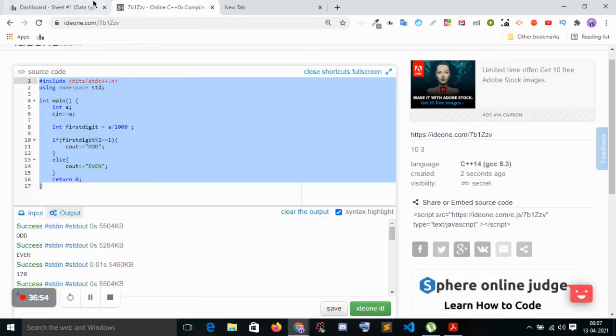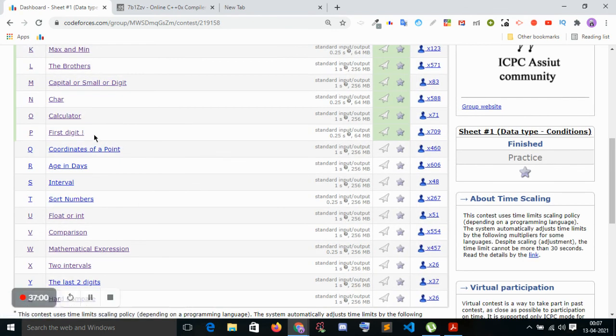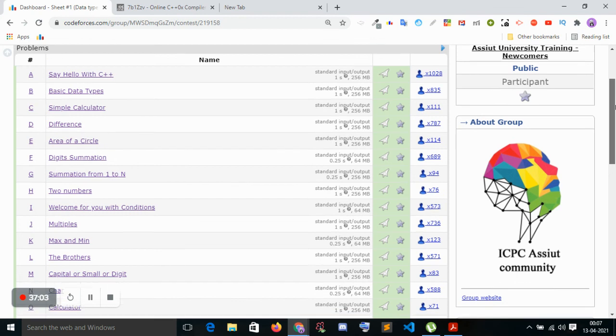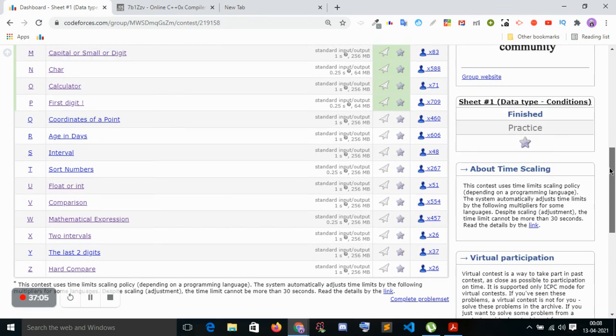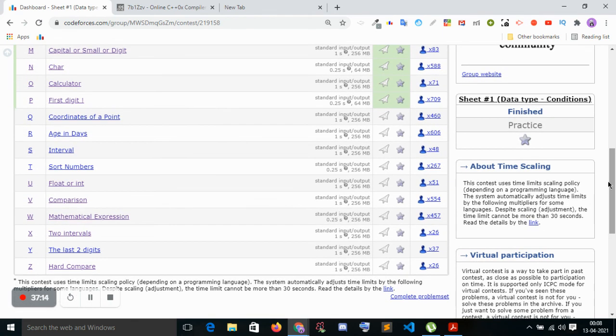So we have solved a lot of questions, I think till P we have solved, and definitely you should attempt all questions. After that we'll go for set 2, and I will definitely complete this till Z as soon as possible. Very few people solve 26, 48. You can check 26, this is a very good question, two intervals. It is a very basic question. Many times in interviews you can get two interval questions with a little bit of variation. So try two intervals, it's a very good question.